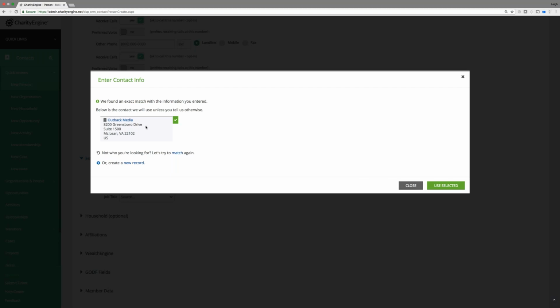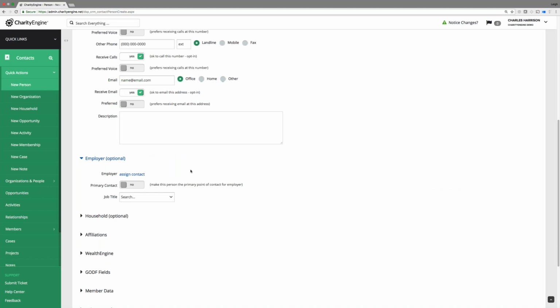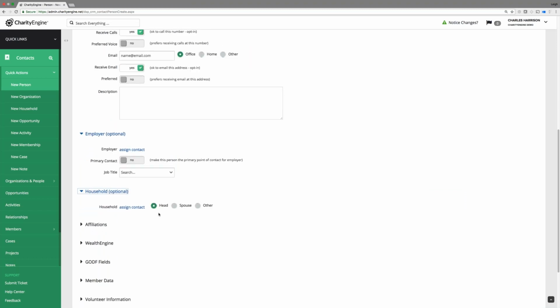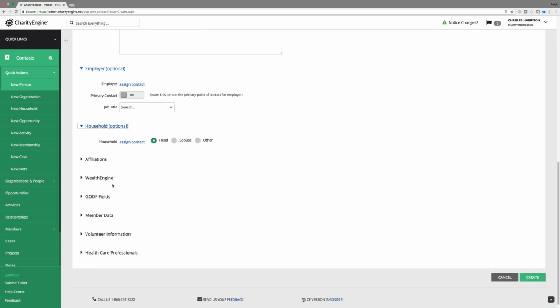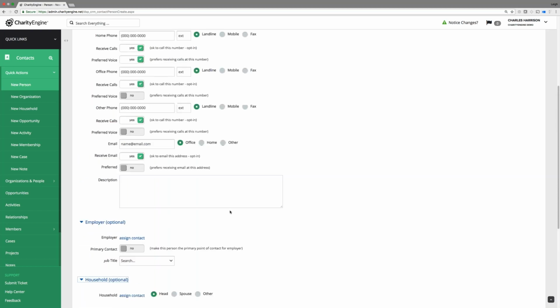So as you saw here, the suggested contact record appeared, and that helps with keeping your data clean. Same goes with households. We'll be able to enter that information there and add head, spouse, or other. And then our custom fields, so you recall custom fields and custom field groups previously. This is where you're going to enter that, and then we'll look at where this information exists